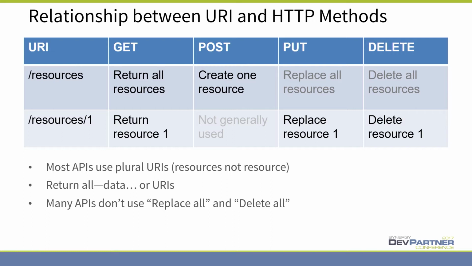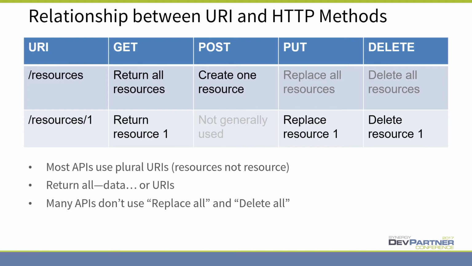If you do a post to the base address, you are typically saying, please create one. If you do a put, you specify the ID that you're updating, and you're asking it to replace one. If you do a put to the base address, you're replacing all of them. It's grayed out because it's commonly not supported. But if you wanted to support an update many, then that's how you would do it. You would do a put to the base address of the resource. And similar with delete. Delete all of them